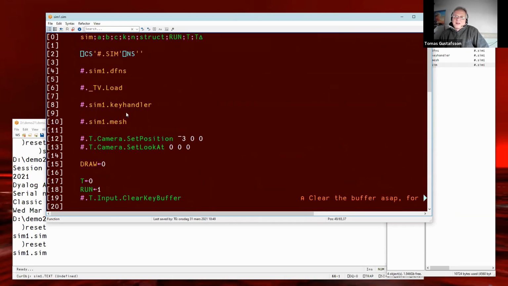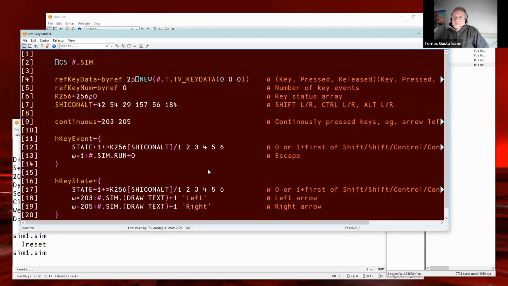The text actually happens here. If the left key was pressed, we assign the value, the text left, to a variable called text, and we assign a value 1 to a variable called draw.